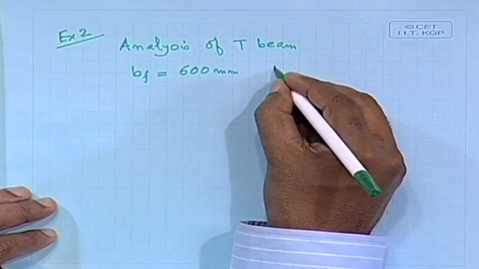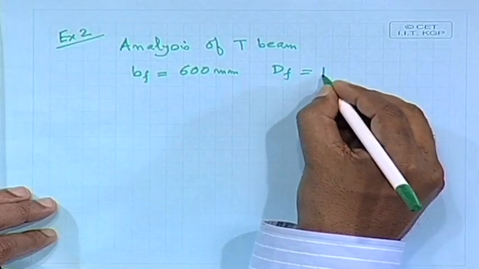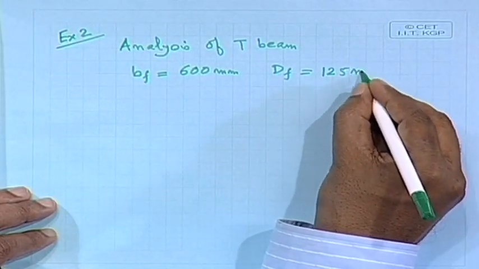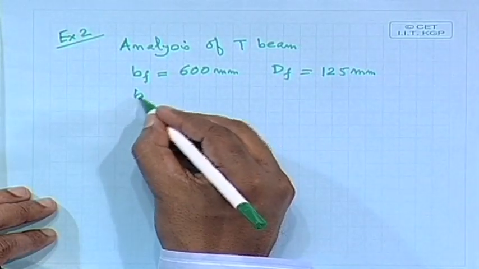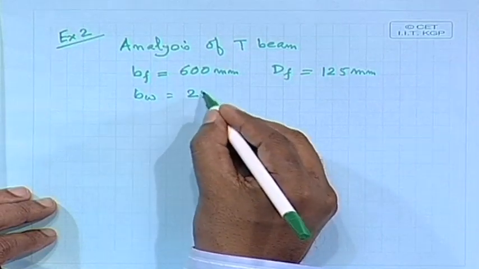In few cases it may happen that it is specified, but otherwise we have to get it using that formula given in IS 456. So, BF equal to 600 millimeter, DF equal to 125 millimeter, BW 250 millimeter,